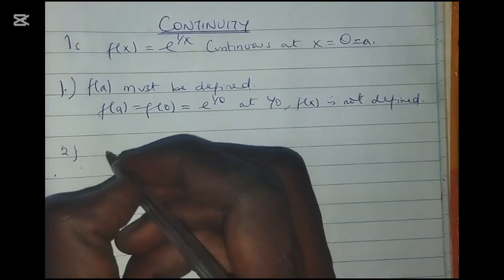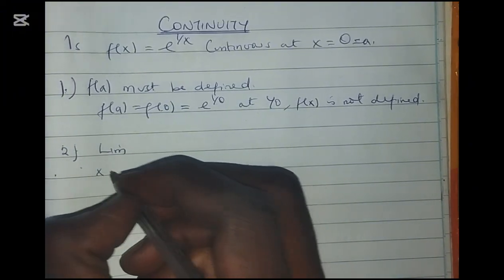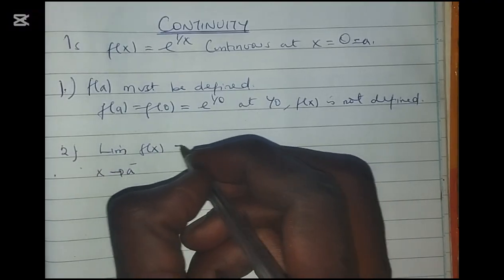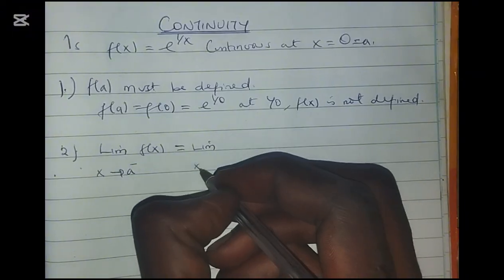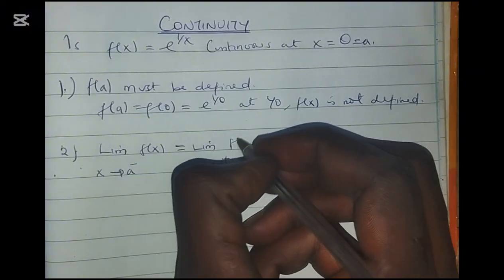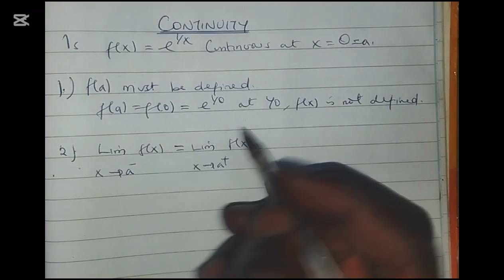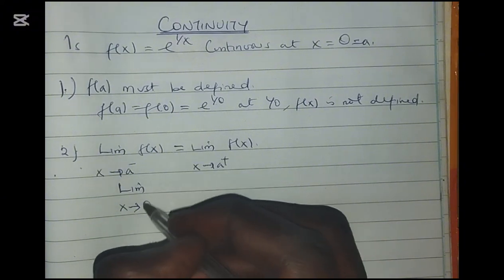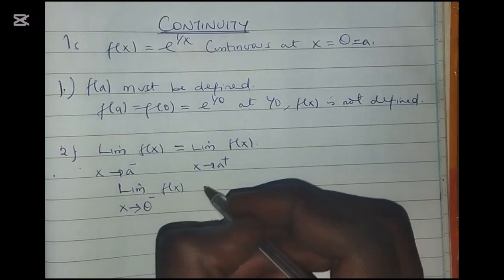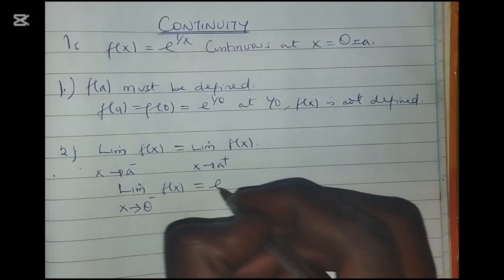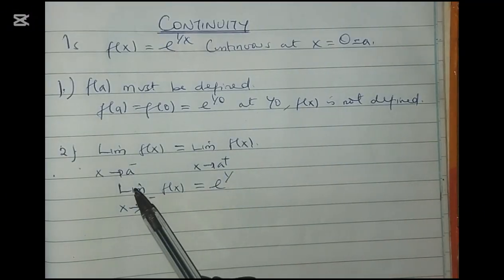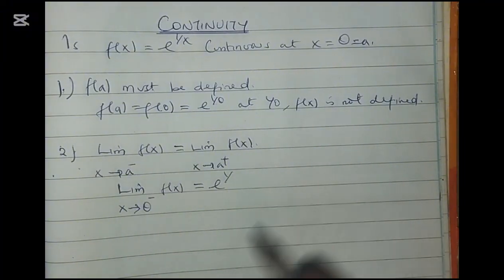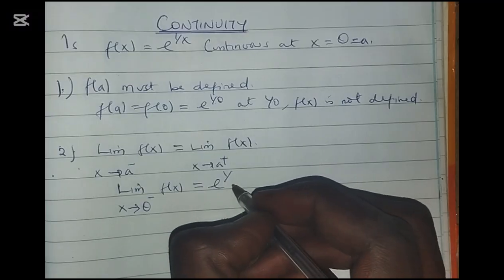Number 2 says that the limit as x approaches a from the left of f of x must equal the limit as x approaches a from the right of f of x. Now let's check both sides. The limit as x approaches 0 from the left of f of x is equal to e to the power of 1 divided by, let us pick a number to the left of 0, a very small number, very close to 0 but to the left of 0. So we can pick negative